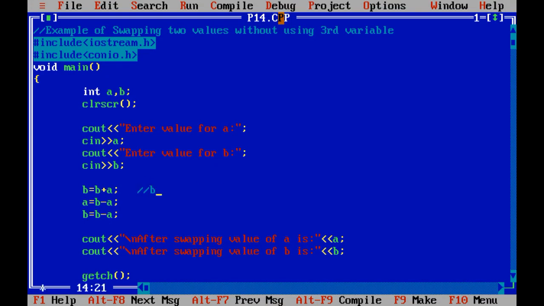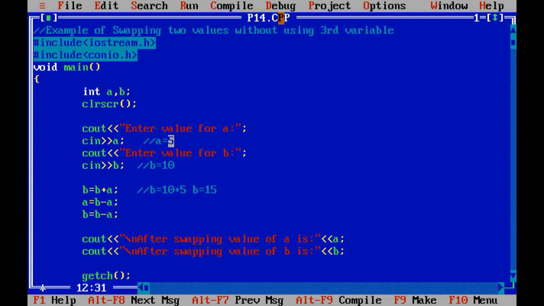Here B equals what? See here, the value of A we have inputted is 5 and the value of B is 10 as per our input. Here we are going to perform B plus A. What is the value of B? That is 10. And what is the value of A? That is 5. So here 10 plus 5, that answer we are going to store in the variable B. So that is 15.